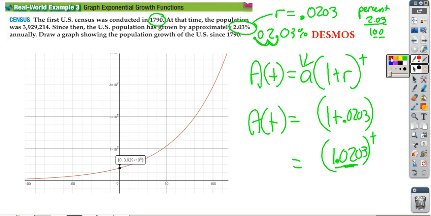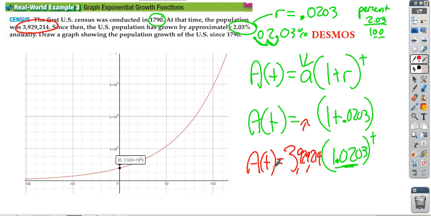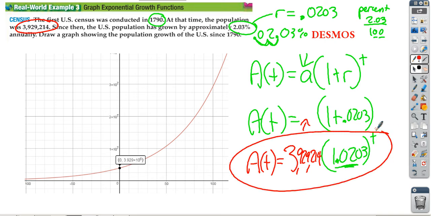So if we look at this equation, they're telling us the initial population was that number. So therefore that is our A. So I'll put that in right here. It's supposed to go right here too, but I can't fit it. So 3,929,214 is the initial population of the United States. And it grows by that amount. So what's nice about this is now we can predict what the population could be at any given time. So in 1790, that was